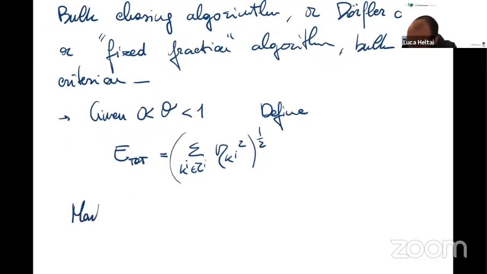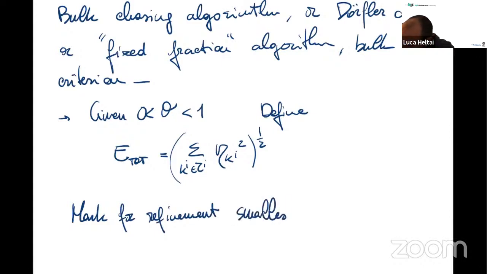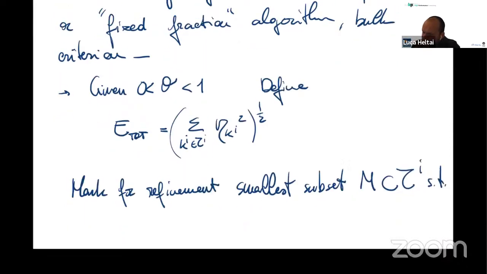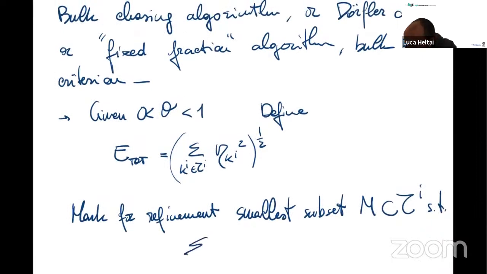And you mark for refinement the smallest subset M in tau I, such that the sum for all k in M of eta k square to the power 1/2 is, well, actually,